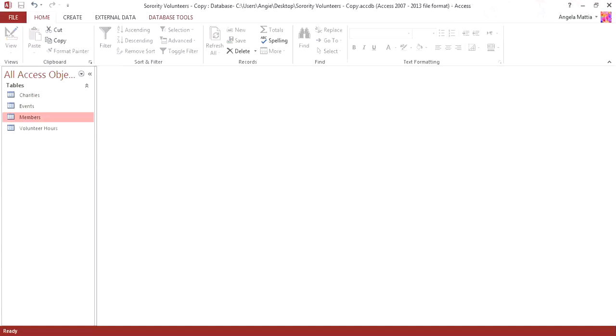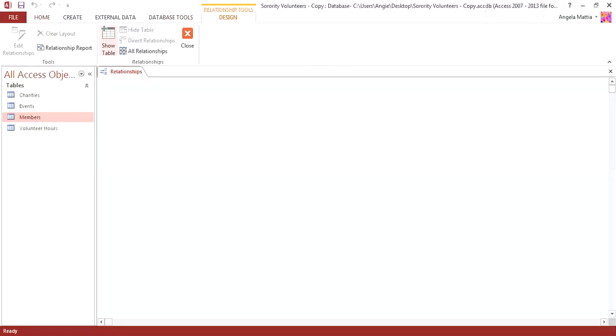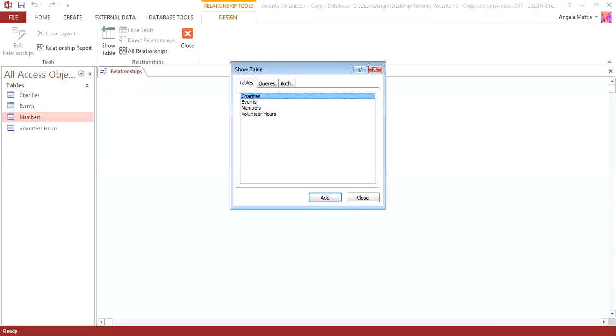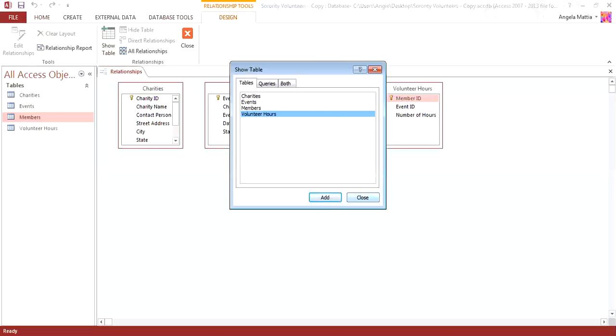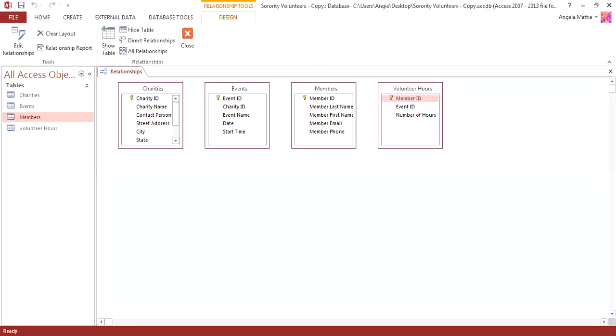So if I go now to Database Tools and click on Relationships, I can click on Show Table, and I need to add each one of these tables. All right, once I have all 4 of them on there, I hit close. And then it becomes a matter of connecting them, and that means building the relationships. And all I have to do is take the ID, the primary key ID, and drag it